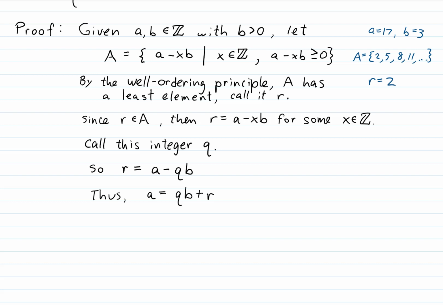So, since R is an element of A, then R is non-negative because everything in A is non-negative. Okay, also, R is less than B because